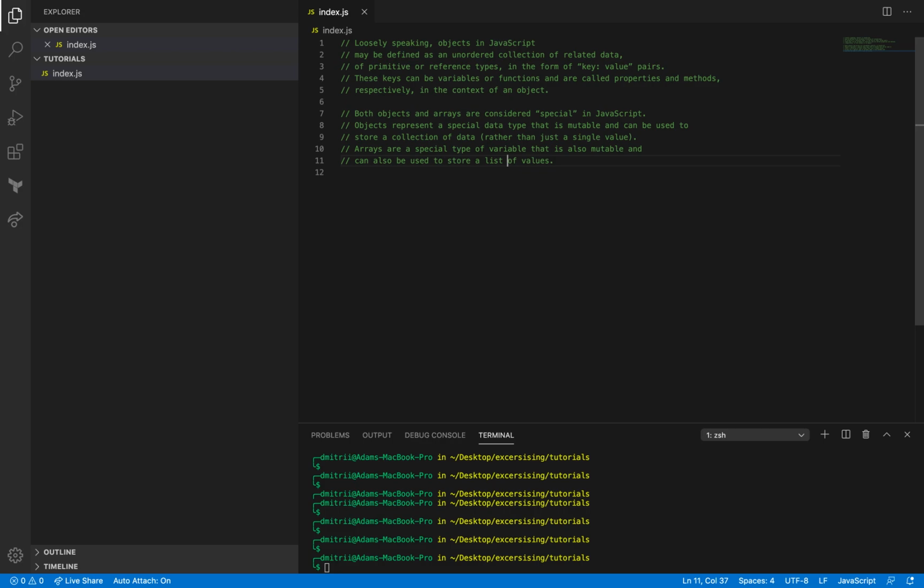objects may be defined as another collection of related data. And also, I'm not going to read line by line, right? I'm just going to explain in general, based on these sentences. It's really important to understand that an object, as a collection, stores keys and the corresponding values of these keys. The keys can store values, or methods, or different types of data. Basically, each key can store. So, and also guys,